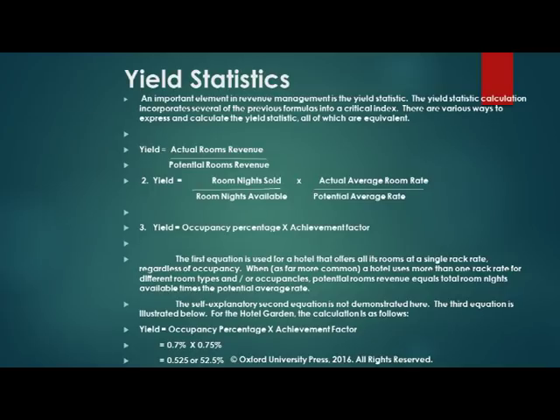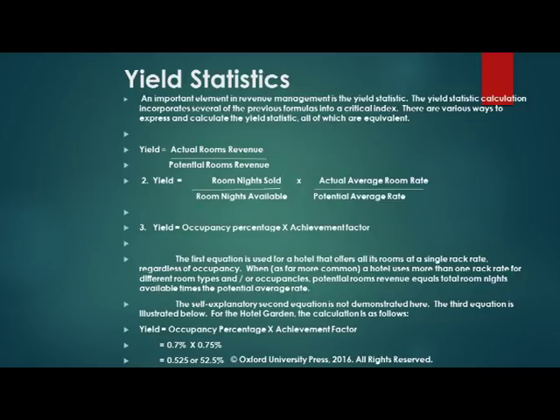1. Yield equals room nights sold x actual average room rate, divided by room nights available x potential average rate. 3. Yield equals occupancy percentage x achievement factor. The first equation is used for a hotel that offers all its rooms at a single rack rate,